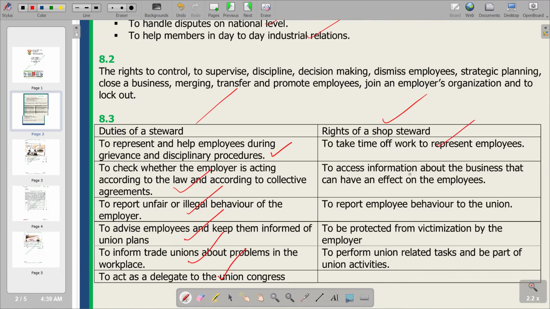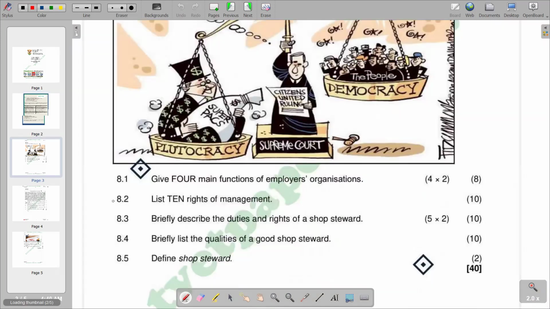Then the second one, to access information about the business that can have an effect on the employees, to report employee behavior to the union, to be protected from victimization by the employer, to perform union-related tasks and be part of union activities. So you see that this is a rundown that we have in terms of rights of a shop steward. So moving on to the next question, which is now going to be 8.4, briefly list the qualities of